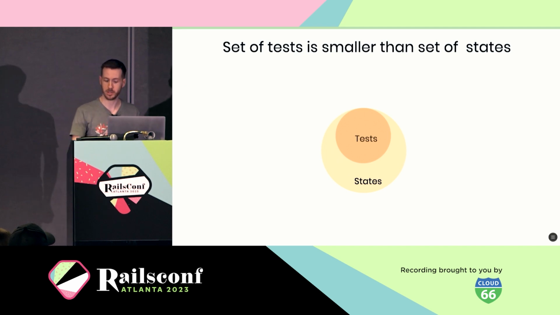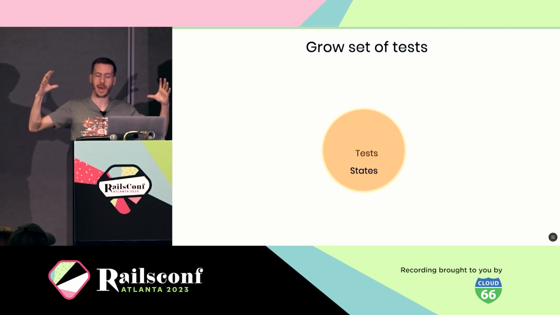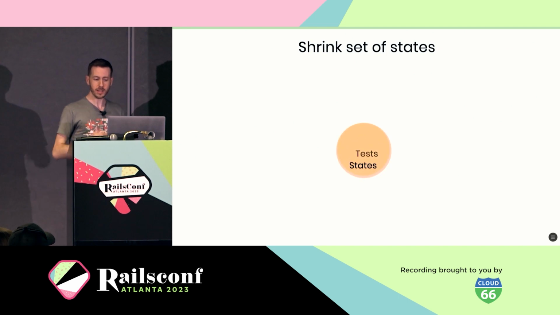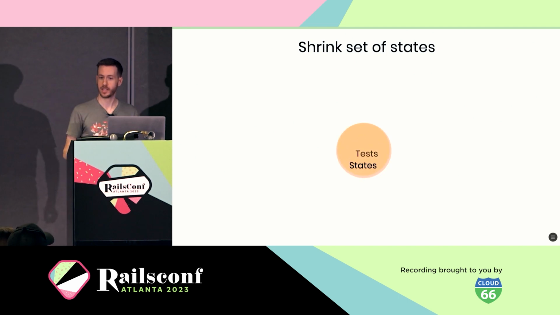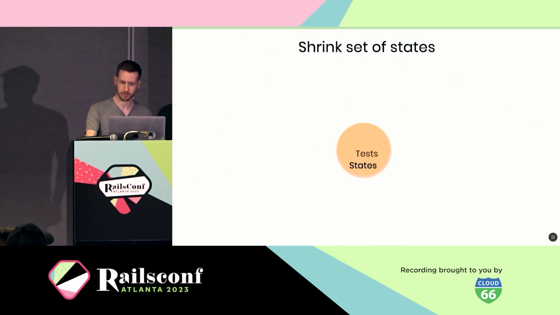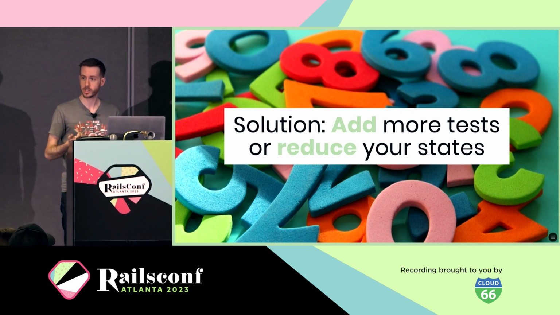There are 2 things that we can do. First, we can grow the set of tests to match the set of states. But secondly, we can also shrink the set of states to match the set of tests. It doesn't have to just be one way. So what does that mean for our problem? Well, our solution is either we can add more test coverage to handle, let's say, the nil case, or we